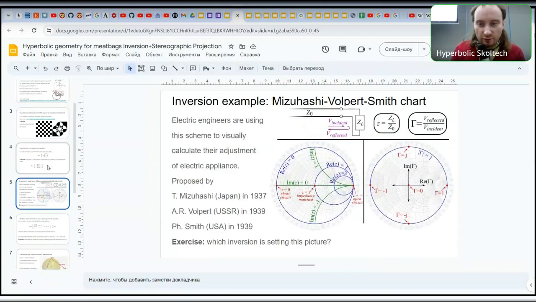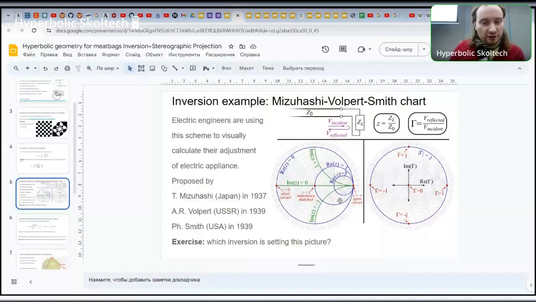So how is it used? There is a fine scheme, the Mizuhashi-Volpert-Smith chart, which is used by electrical engineers for some tasks. Here is a chart of impedances, of impedance matching. So we see here some